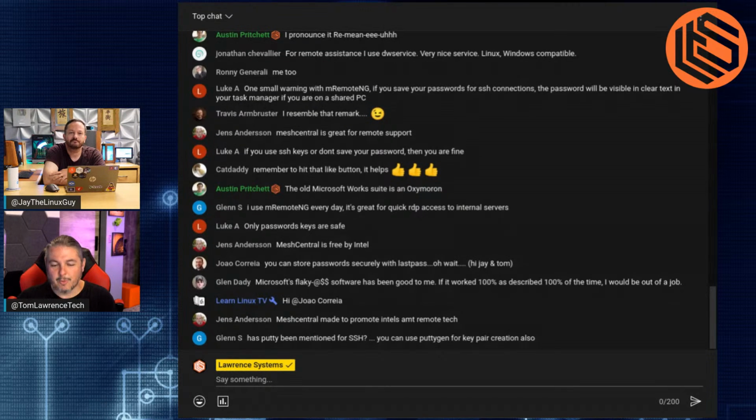Oh, you know what? Honorable mention, Putty for SSH. I don't even think we need to mention that one. Putty's been around since the 90s, I believe. Probably the first time I encountered it. So Putty's been around forever. So we'll throw it out there. Putty's more of just a tool to use for the connections. But